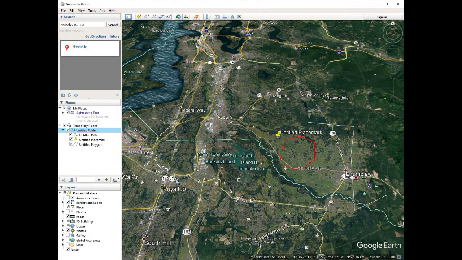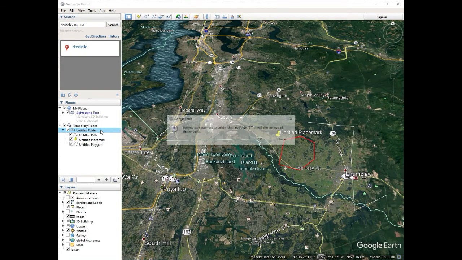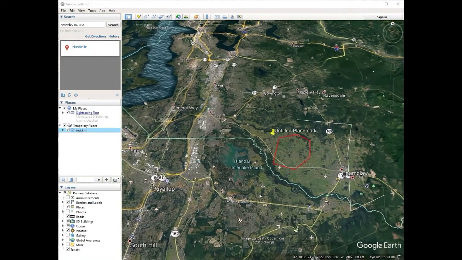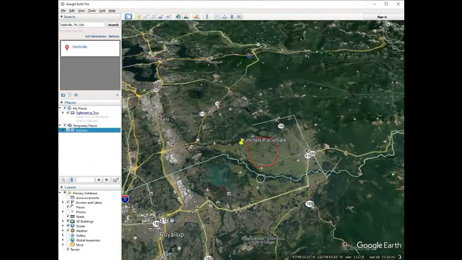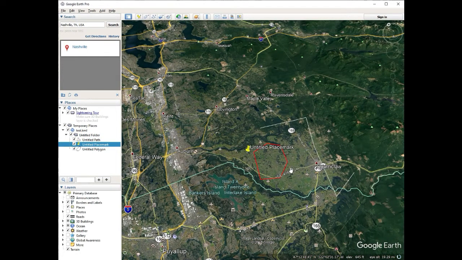Bam, there you go. So now we look in our folder, there it is, right? And if we delete all this out of there and open this up, there it is. There is the KML that we just made. And if you drop this down, you'll see all of the stuff. So we can manipulate and change these items, resave it, and then send back the same KML